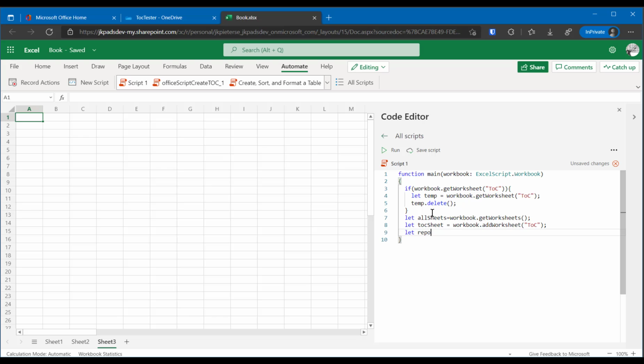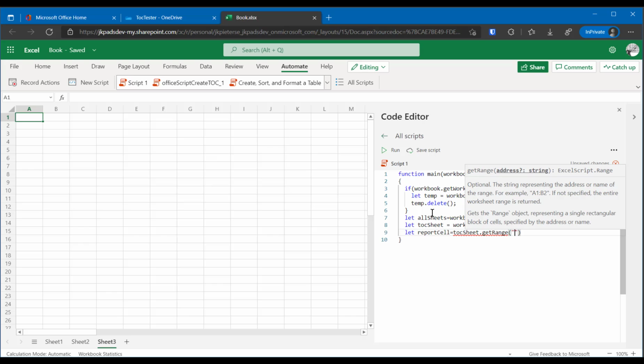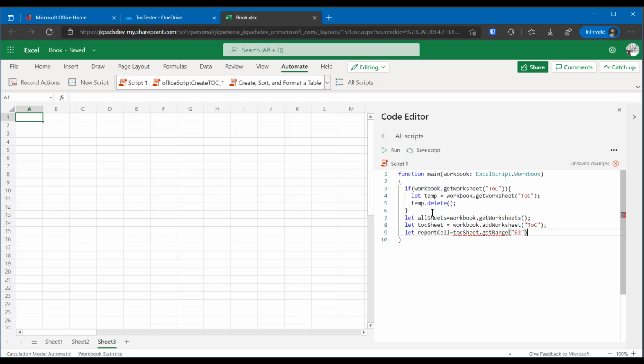Let report cell, and you only have to do the let once, the first time you use a variable. And we're going to use TOC sheet dot range, get range, cell B2, semicolon to close the statement. So that's report cell. And let's add a table at that position. Let new table